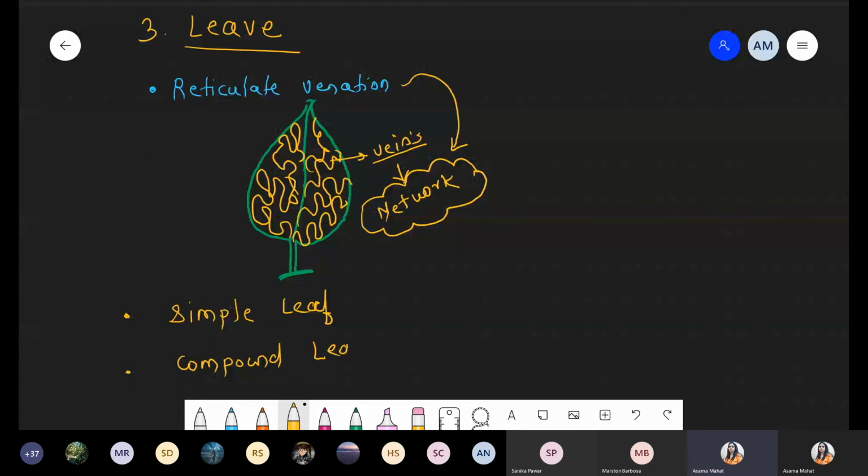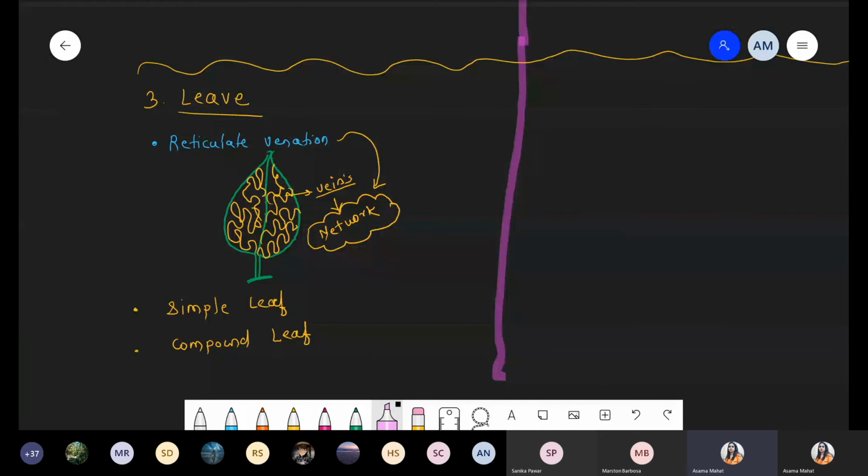Okay, so we are taking simple and compound leaf. We are taking the root part later because it's quite a larger part. So just remember, simple leaf means single leaf, and compound leaf means many leaves, like curry leaves. I'll try to draw this diagram. For example, these are the simple leaf, single leaf. These are called the simple leaf.